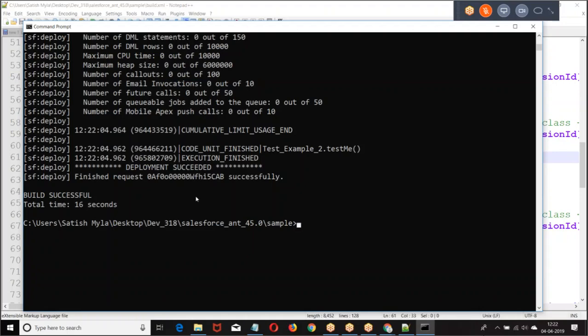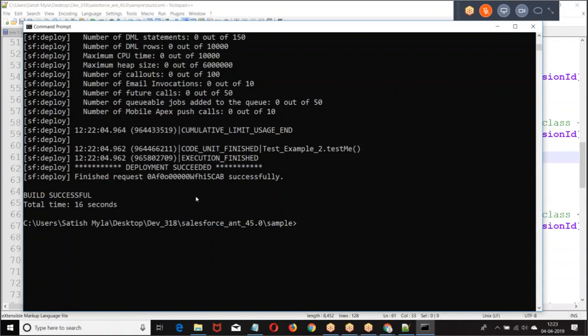Using ANT, generally in the organization, we follow ANT. Generally, the organization will go for ANT if it's a big implementation. If you go with a larger volume of implementation, or any version controlling they are using, generally they go with ANT. Inbuilt concept is change set. But generally the practice is ANT. Generally people will use ANT for deployment. So tomorrow I will show once again from scratch.